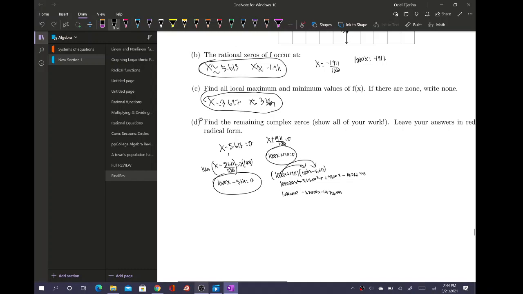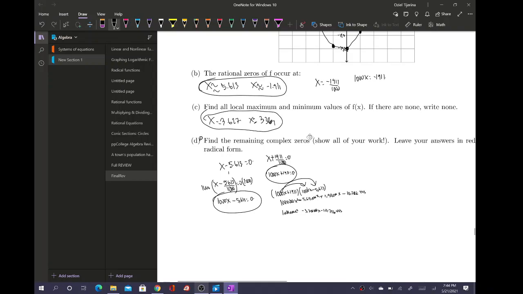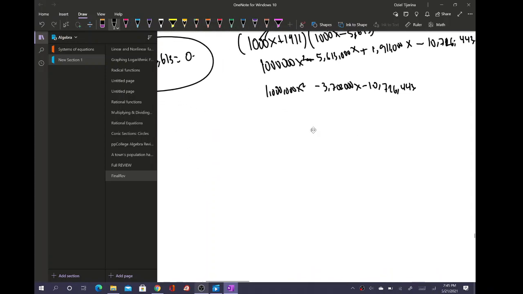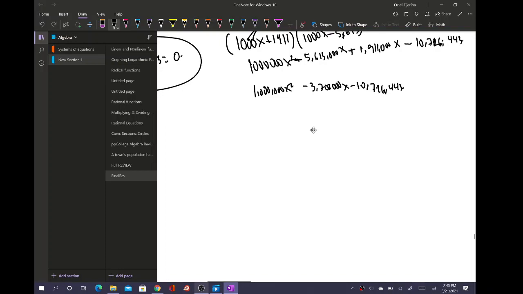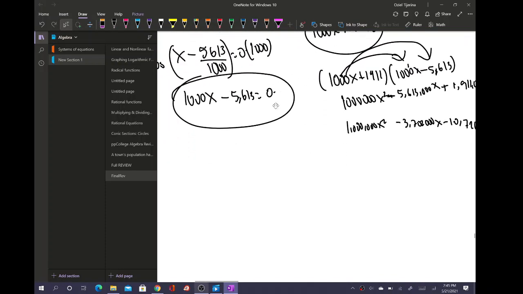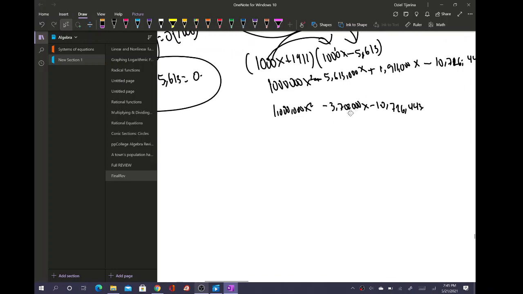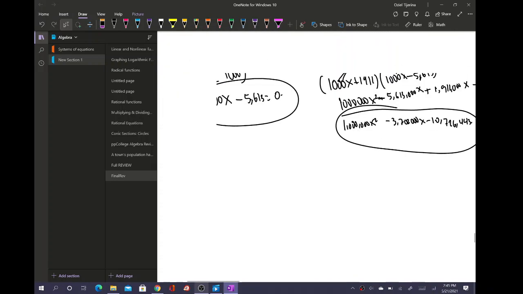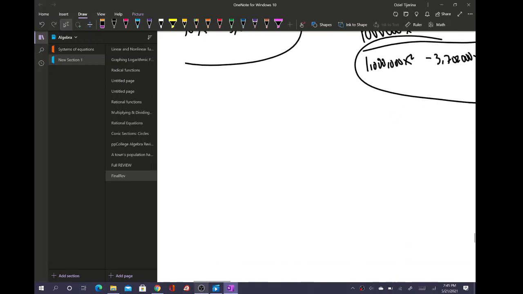Give me a second. So basically, we have to divide this function. So we have to divide our original function by this function here. Okay. Now, obviously, it's not that easy. It's a little bit complicated, but